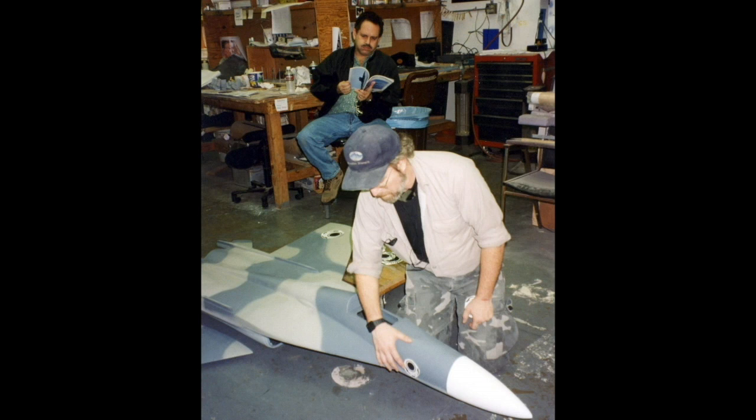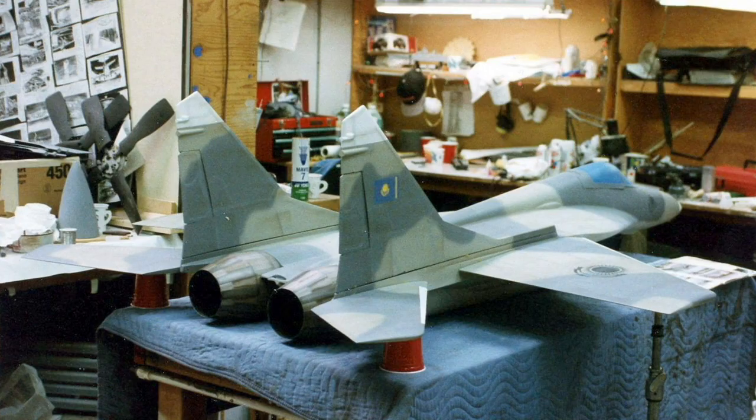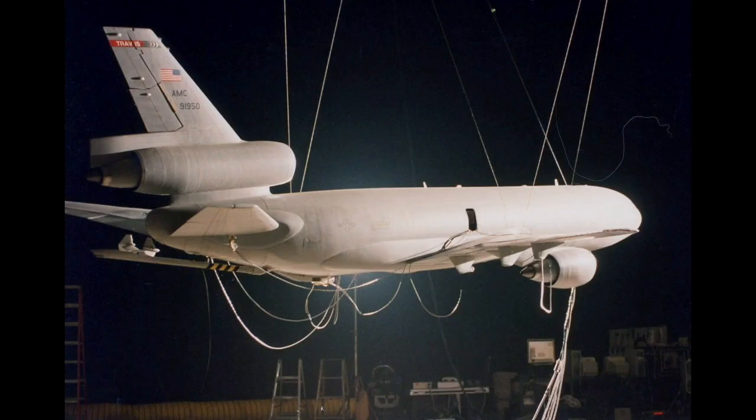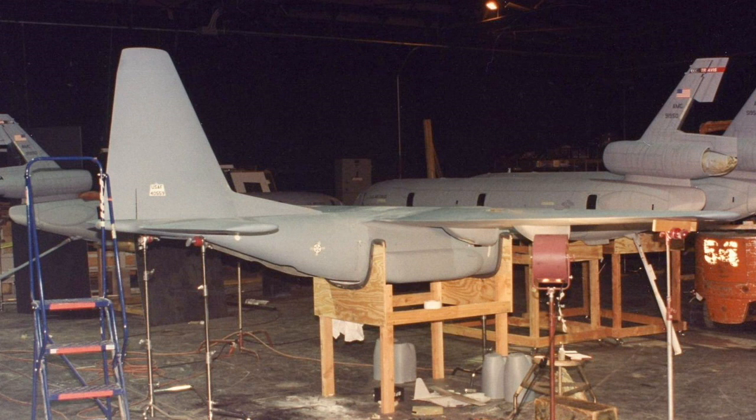For the most part, all the models were 10th scale. The fighters might have been 1/5 scale, something like that. We did F-15s, we did some Sukhois, I think it was, Sukhois or MiGs. We did the KC-10s, the tankers, and we did a C-130. Most of the C-130 was farmed out and done outside of our shop, but all the rest of it we